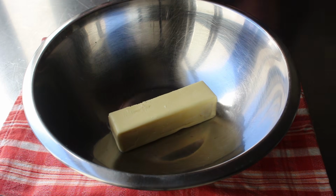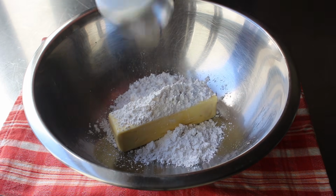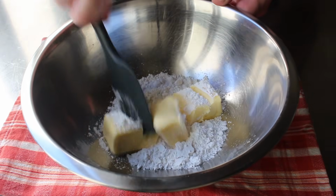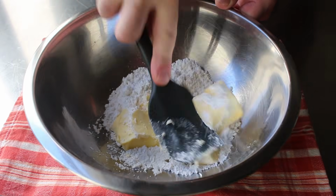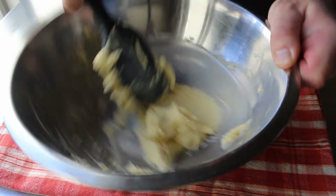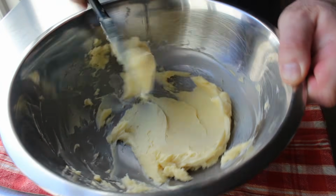And we'll begin by adding some powdered sugar to some room temperature butter. And we'll take a spatula and cream this all together. And this dough is so simple and basic, we don't even need any electric mixers or any mechanical assistance of any kind. Okay, we're simply going to spatulate that butter and powdered sugar until it creams together, at which point